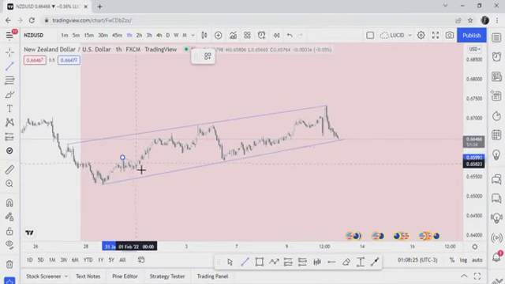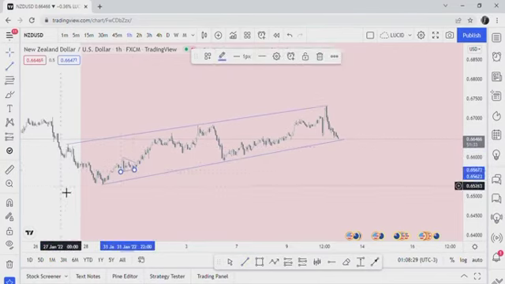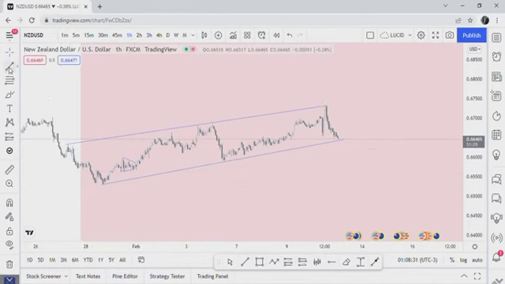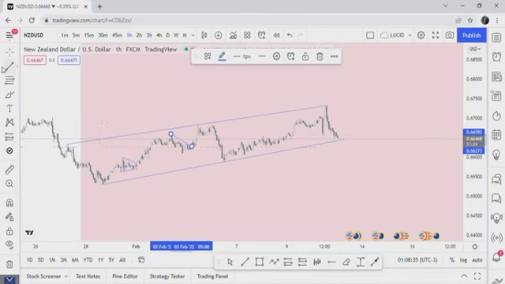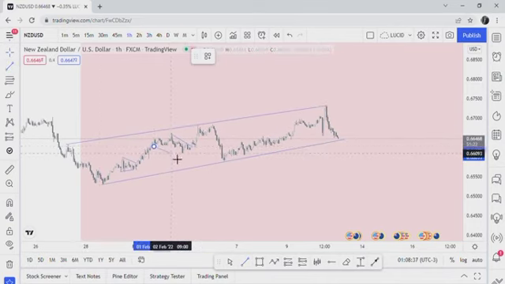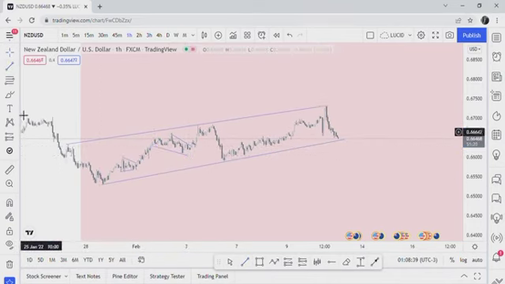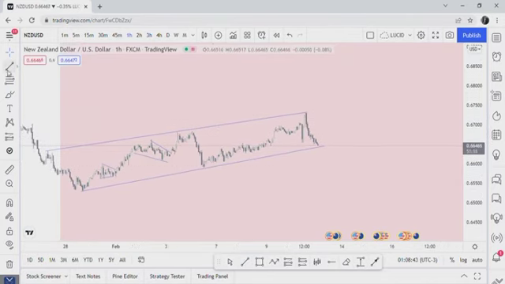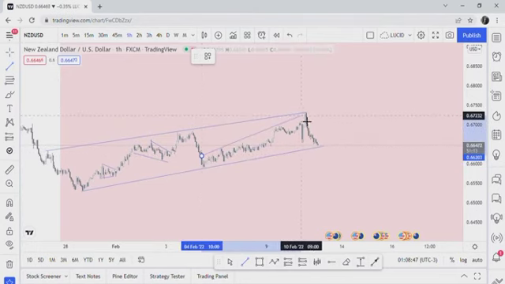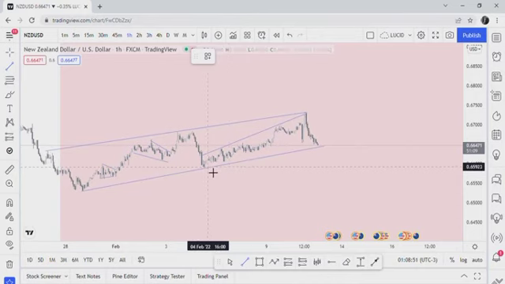Impulse, correction, impulse, correction, impulse, huge correction to the upside, right? Then